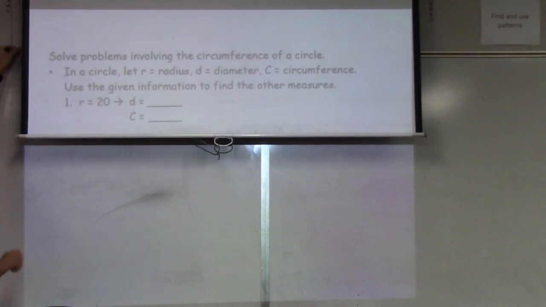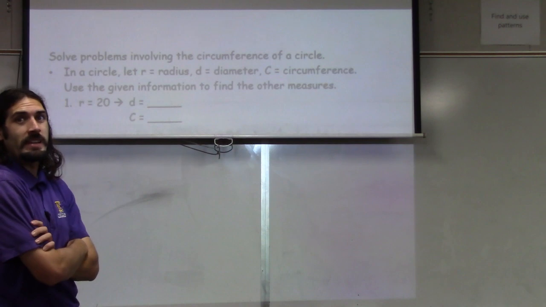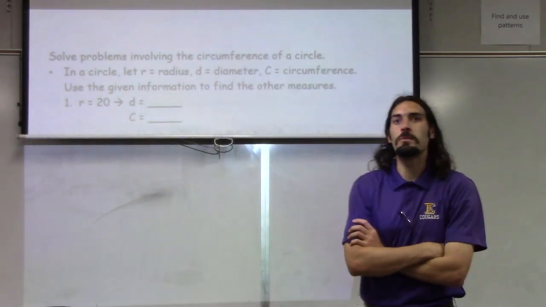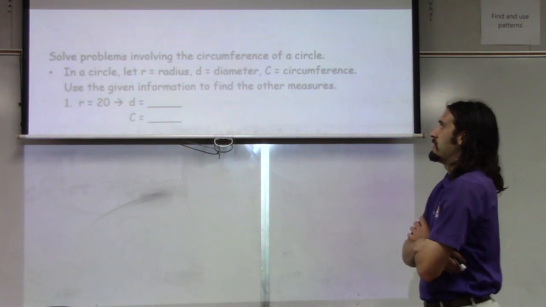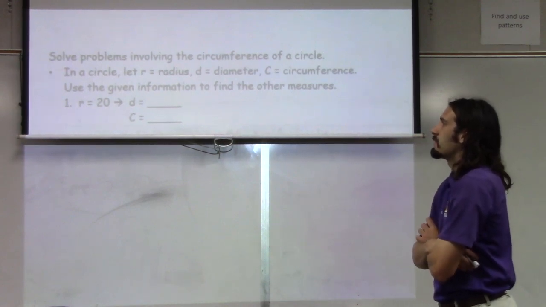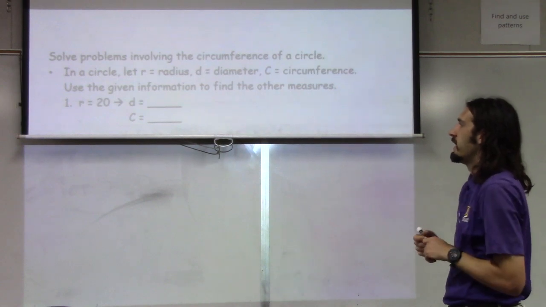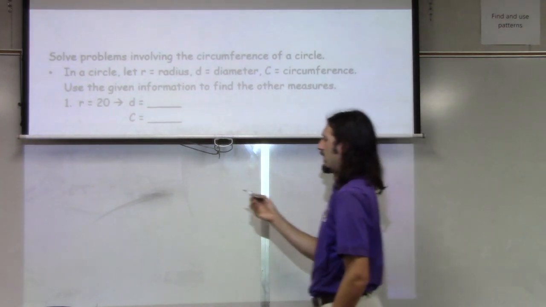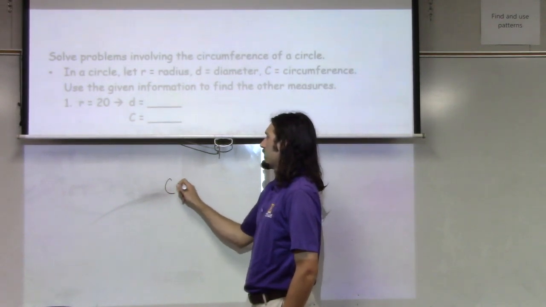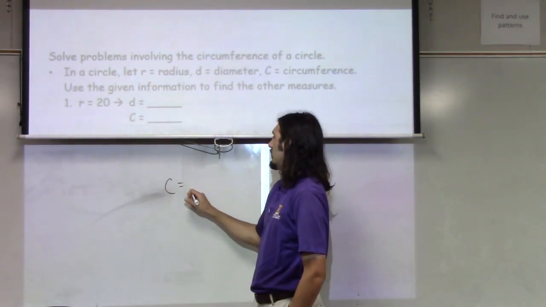Alright, that'll work. Okay, so in this problem it says solve problems involving the circumference of a circle. Essentially it comes down to know your formula and just plug things in. So the formula itself wasn't too hard. We had 3 variables, 3 parts in a little ratio. So in this problem right here, we're starting with the radius, and they ask for both the diameter and the circumference. So if I come down here for a second, and I know that my circumference is equal to